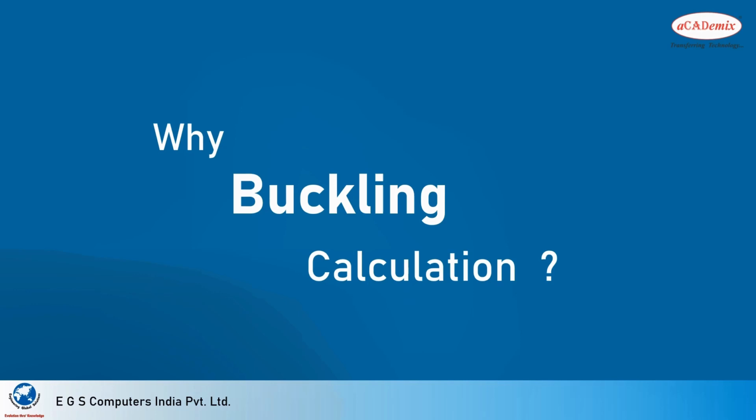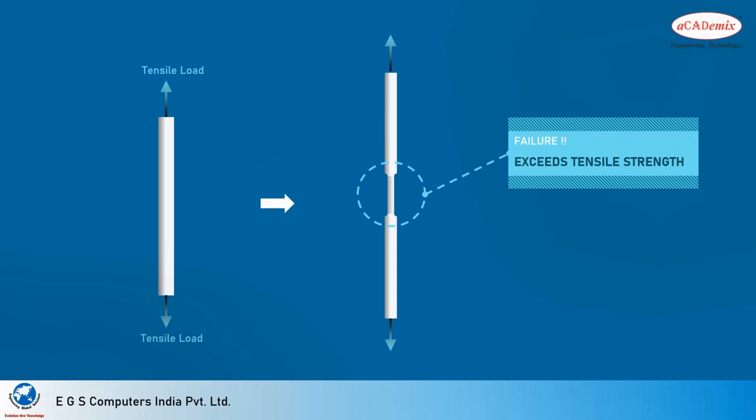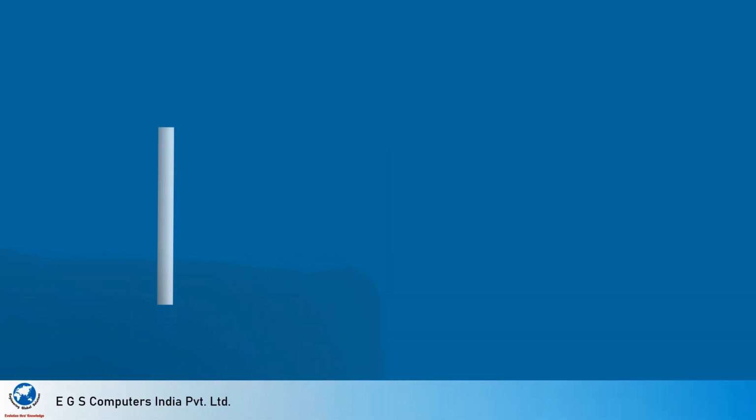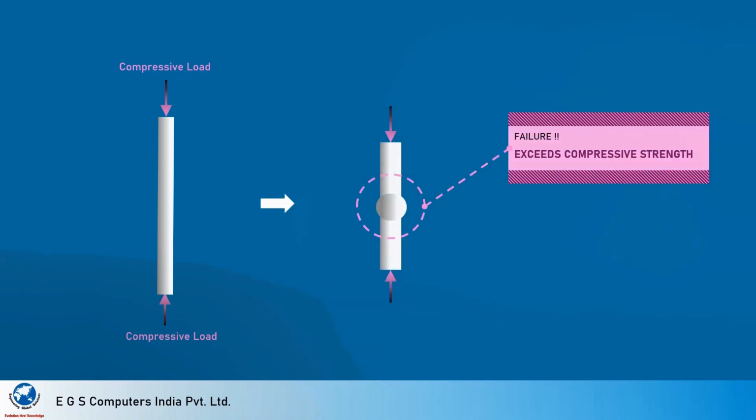Before starting the session, let's go through some loading scenarios which are subjected to a long column. Here we have a long column that is subjected to a tensile load. Due to the application of tensile load, at a certain point, the long column shall fail by elongation because the stress generated at the necking region exceeds the tensile strength value. A compressive load has been applied to the same long column. This load compresses the column and it fails by crushing at the center because the applied load exceeds the compressive